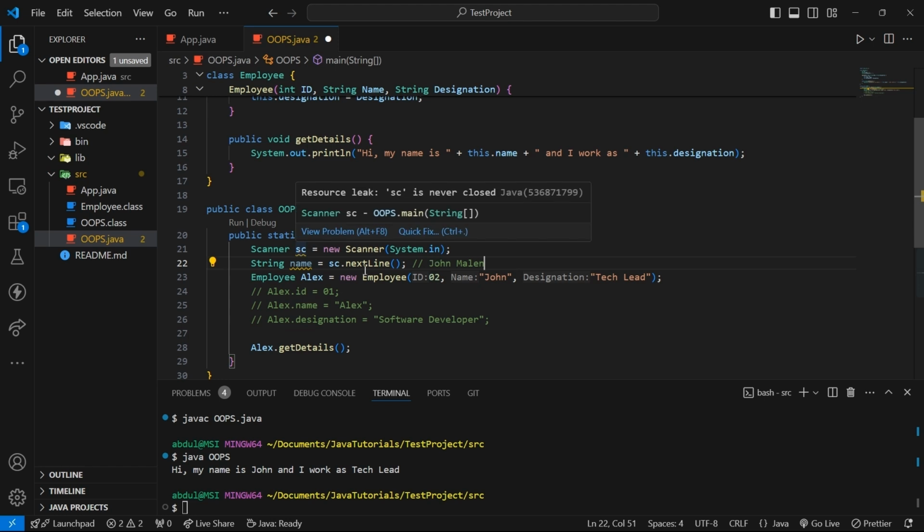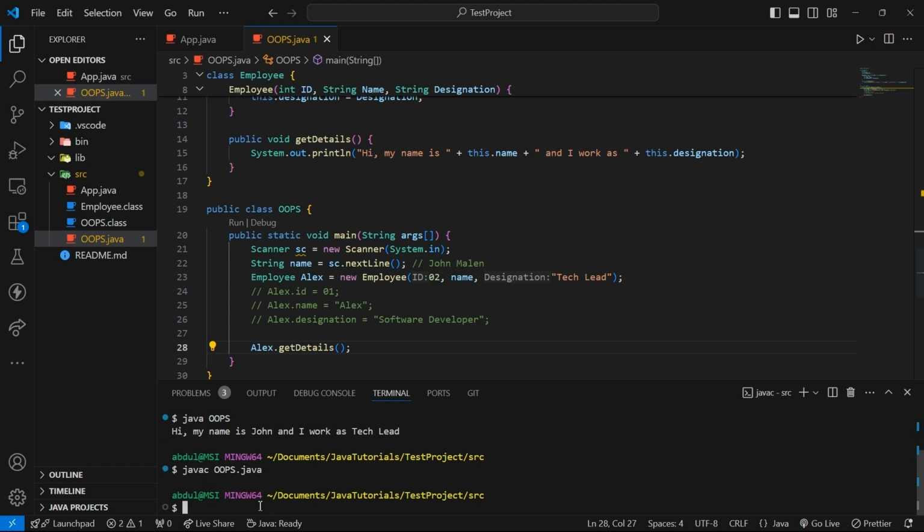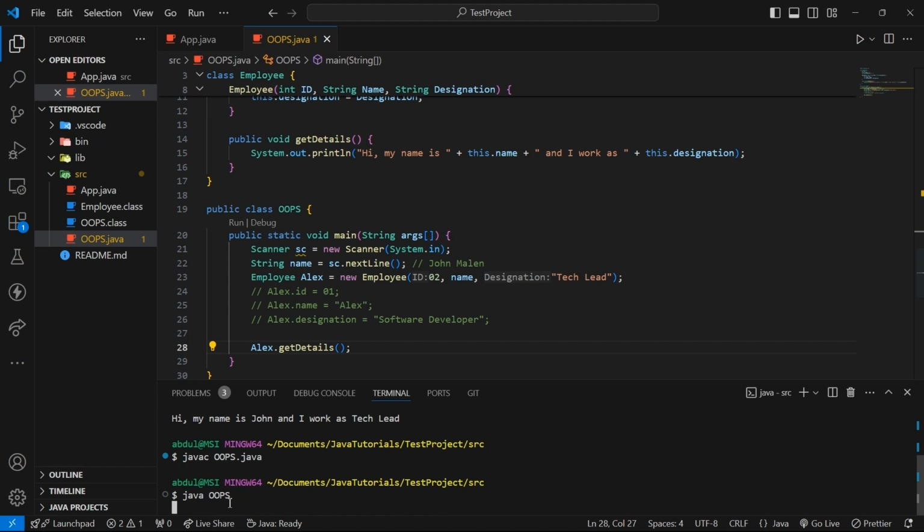Okay, what's the issue? sc is never closed. The scanner is continuing, Scanner System in the name. Okay, let's say instead of passing the name here, we can pass the name variable here. So now let's pass this thing and see how this is gonna work. First let's save our program, and after that we have to again create the new bytecode. And now if we run our program, that is java,